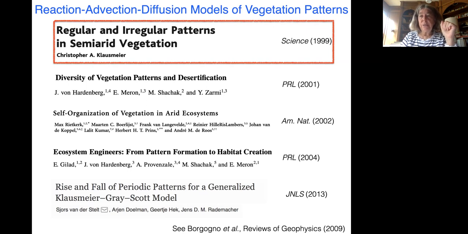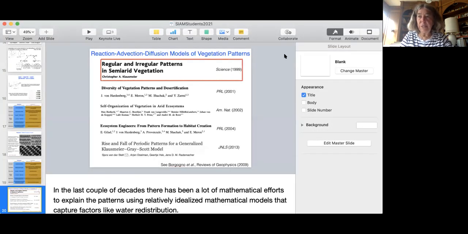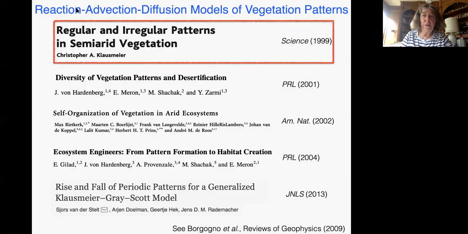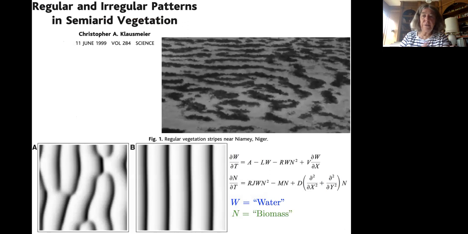It appeared in 1999. Okay, so it was this paper in 1999 of Klausmeier's, where he reports on this phenomena and puts forth a